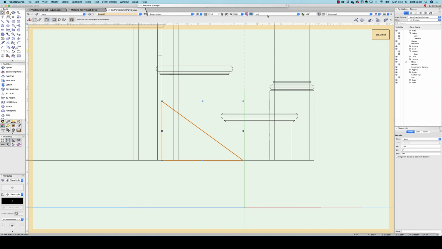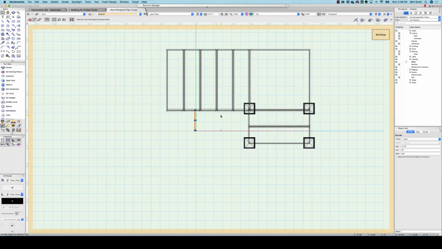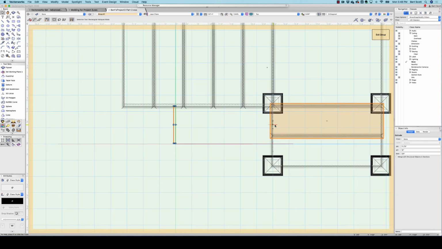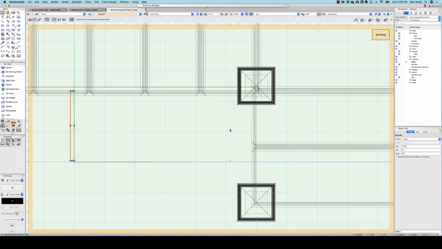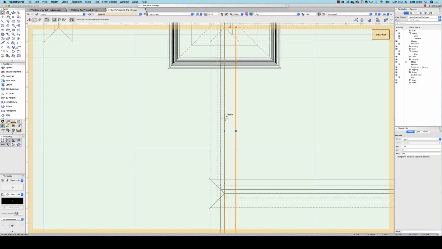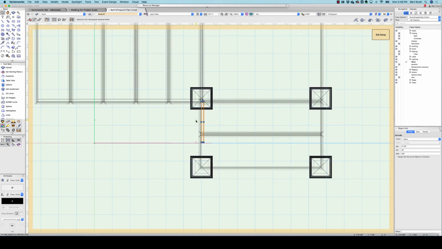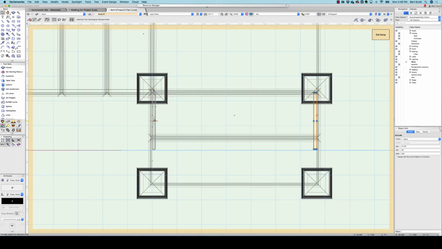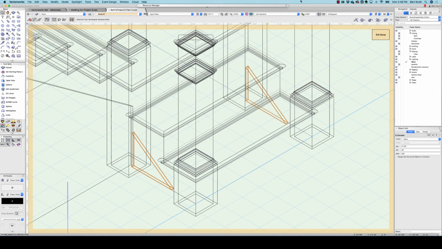Then I'm going to go to top. And yeah, that's all the way over here. So we're going to drag that over by clicking and holding Shift until we intersect the original stairs. So that's going to be the first line here. And then I'm going to go ahead and do the other side while I'm at it. So I'm going to use the mirror tool, and I'm going to mirror down the center of the stairs like that. So now this one appears over here in a mirror, and then I can select them both and do a